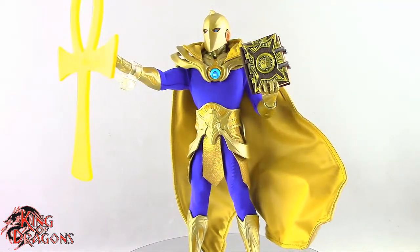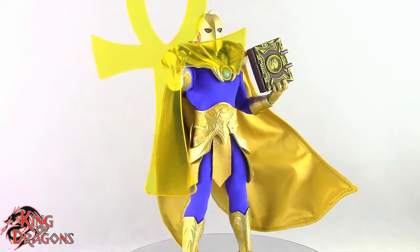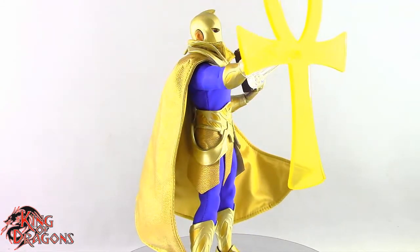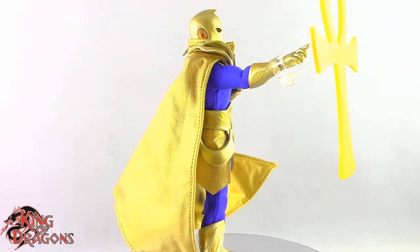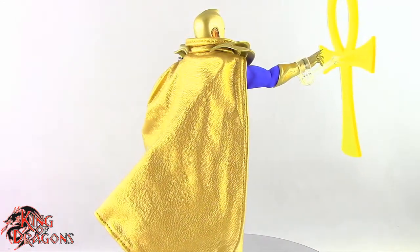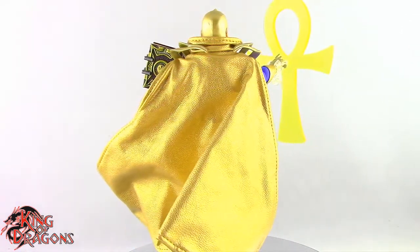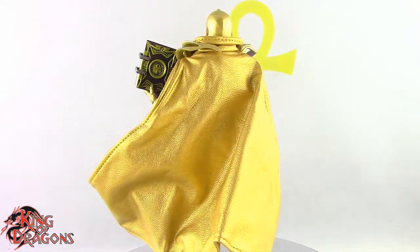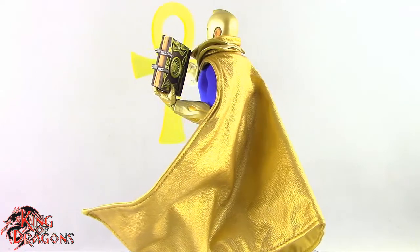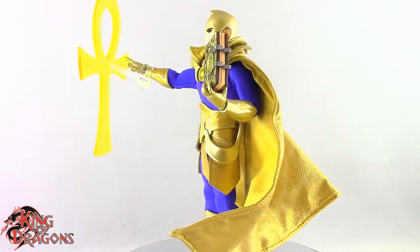And I do feel like the light up feature on this figure, though I do like the intent behind it, isn't necessary, and I feel like that was just a reason to up the price on Dr. Fate. Don't get me wrong, I love Dr. Fate, he's one of my favorite characters, but I don't feel like the light up feature was necessary for Dr. Fate. It just honestly feels like a way for Mezco to up the price of a regular release figure to about $100, which that's about a $15 price jump, which when it's all said and done, it still looks really